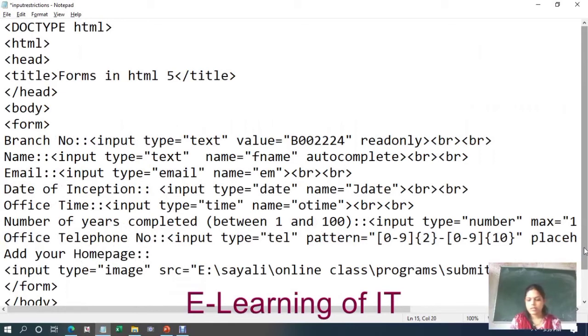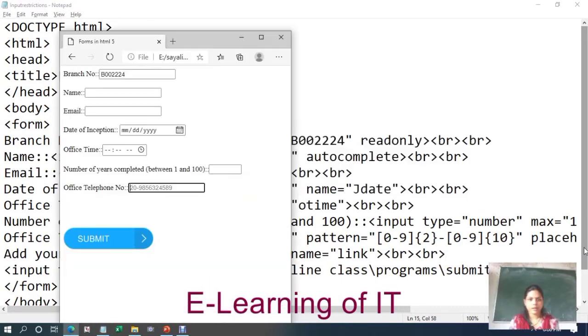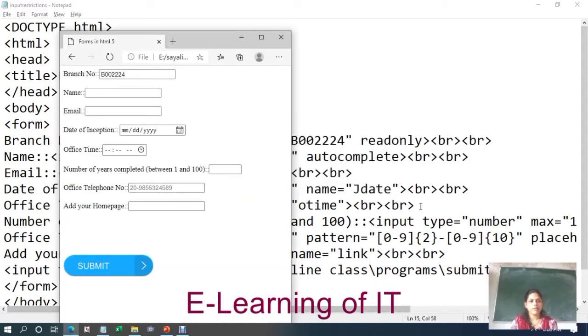Here the user is required to enter a URL, and to get the URL only you have to specify input type is equal to url, so that the user will enter a value within it. You can specify a name to this as link, etc. Again use a set of BR tags. Save the program and see the output by refreshing the page.